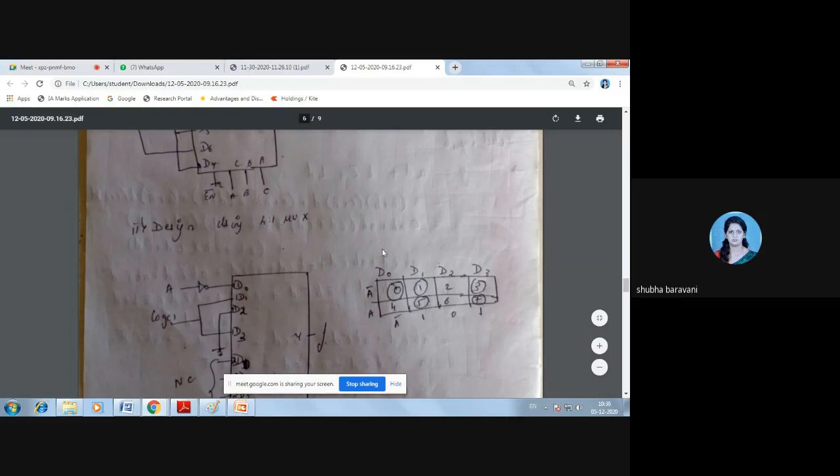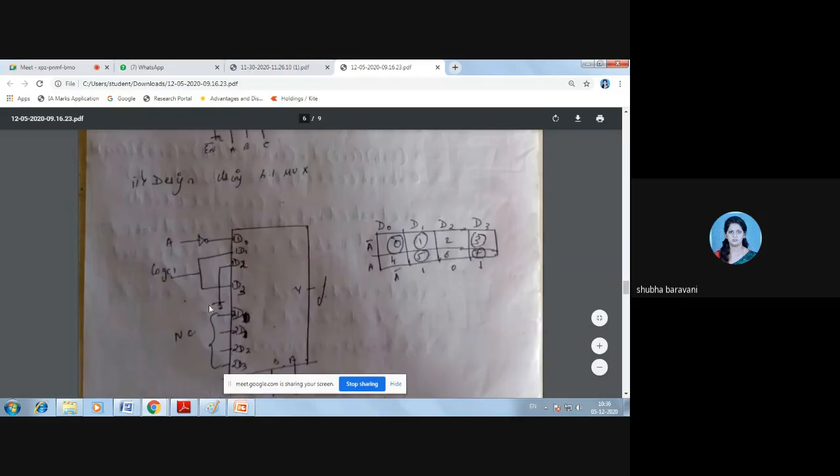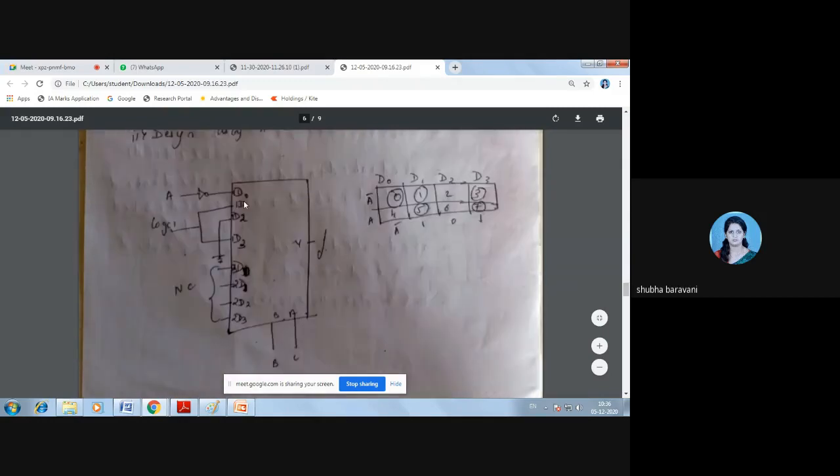This is the implementation table, and this is the 4:1 mux. A 4:1 mux will have 4 inputs: D0, D1, D2, D3. If you want, you can connect the second D0, D1, D2, D3, but anyhow it is not connected. See, NC, not connected. Even if you don't put it, it will work.